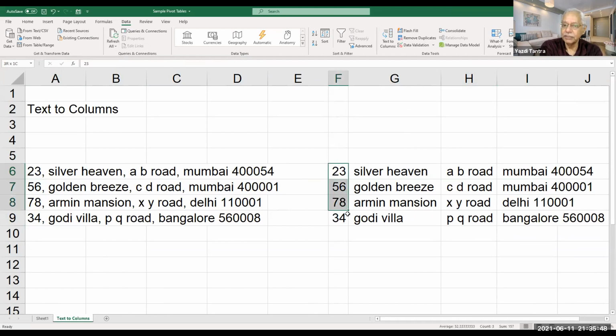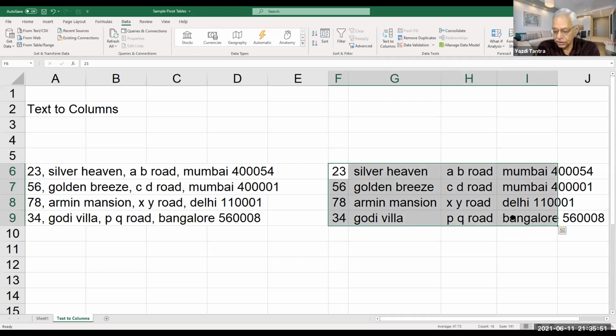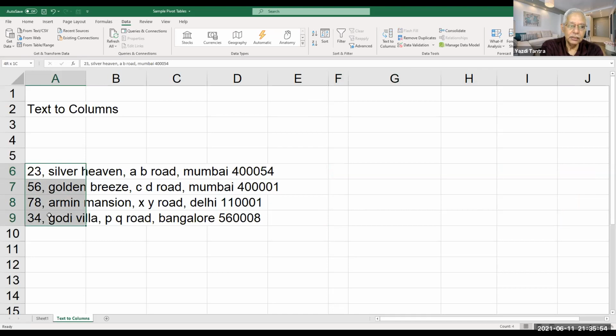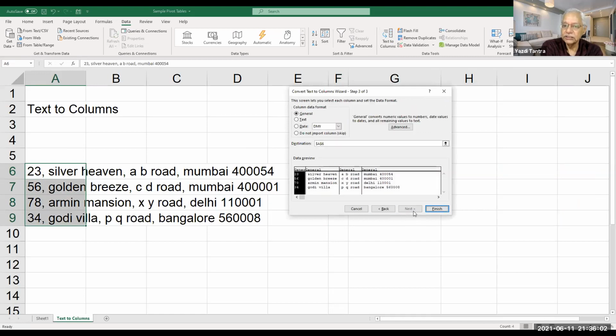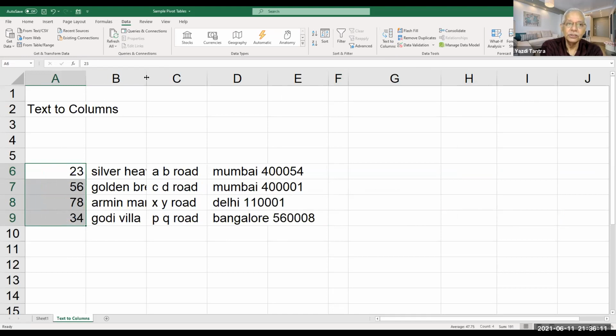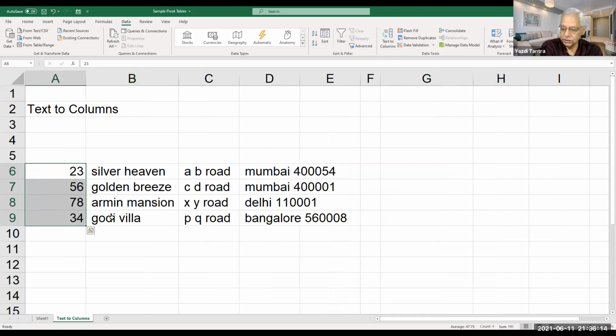Or even if you want to make it better still, maybe I'll just delete this, come back again, select these, say Text to Columns, delimited, next, comma, next, and I will take the destination as $A$6 only. So I say finish and everything comes here. So I don't even need to hold on to the original data. It is very simple. Straight away you can convert the text to columns, and then you can use this in whichever way you want to use it. Are we getting this? Any questions here?